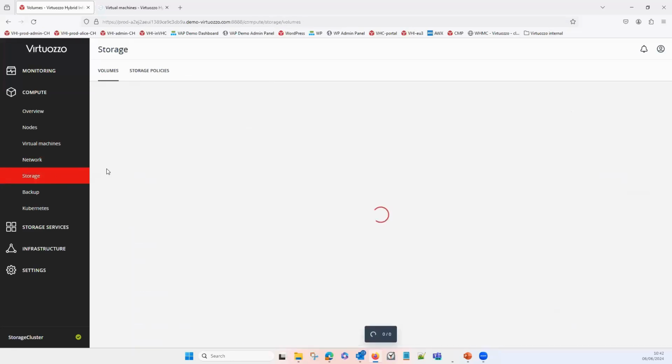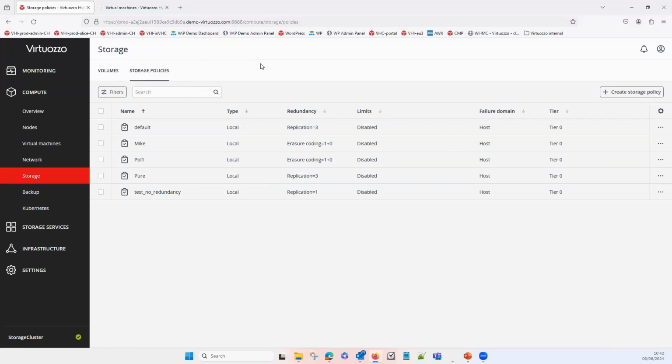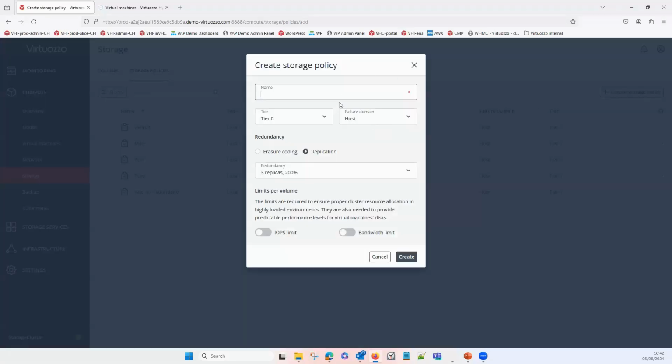From the storage point of view, here is really where I can see all the volumes of the disk attached to a specific VM, and where I can create the different storage policy. So as you remember, I explained our default and native architecture having this hyperconverged setup where we have internal storage, we define different tiering, and then create on top of that the different storage policy so that we can have